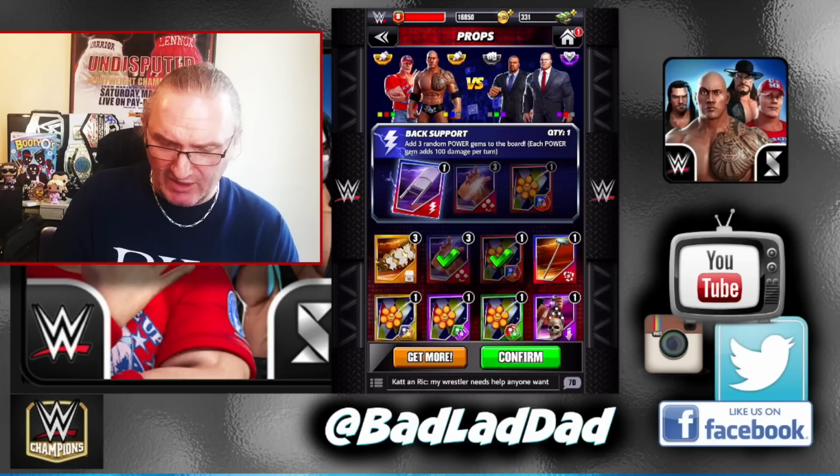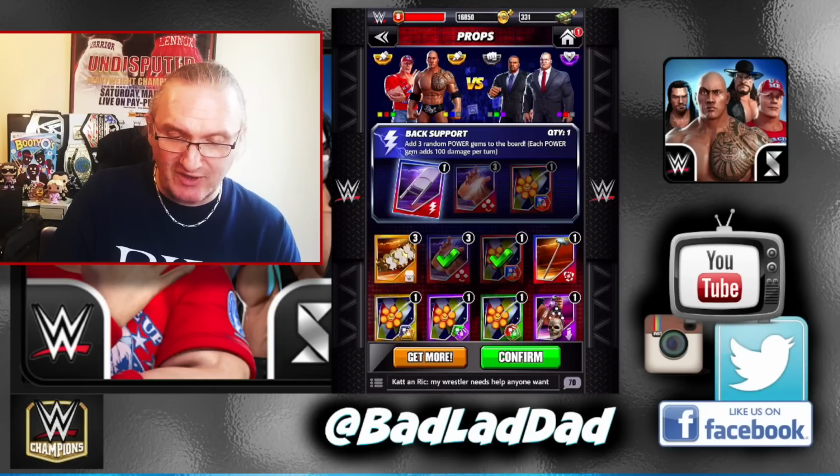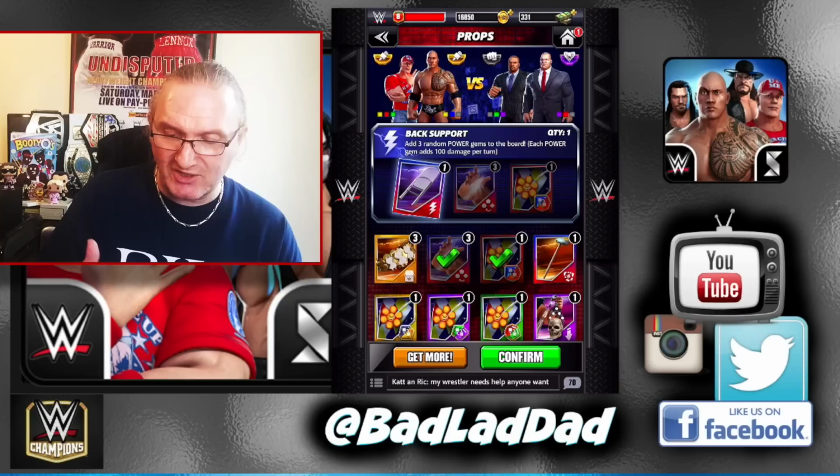John Cena has yellow for his finisher, and then red and green gems are important. The Rock has yellow for his finisher, and blue and black. Now, you might have twigged what I'm going to say next as a result of that. Yellow is their finisher because they are a yellow character, and that will match up again if you have a